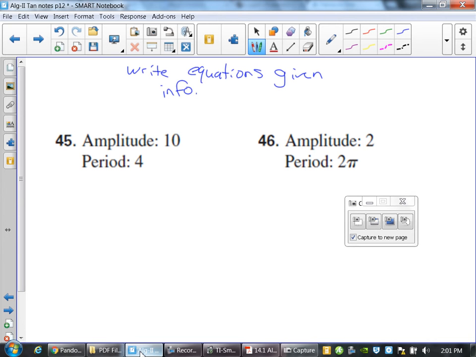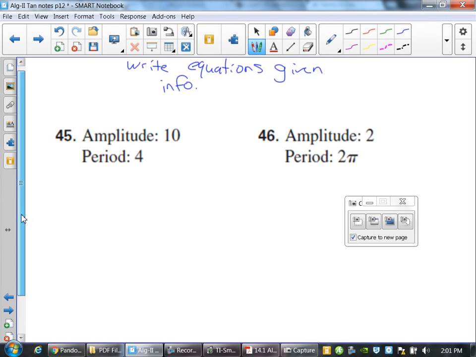So when you're looking at some of this stuff, as we build these things out, I need to know whether I'm going to be a sine or a cosine or a tangent graph when I'm just given information like this. So if I'm looking at an amplitude of 10, a period of 4, I don't know if it's a sine or cosine, or actually, I know it's not a tangent because the tangent doesn't have a technical amplitude. So I know it's going to be a sine or a cosine, and I need to know which it is. So if I give you this, I would tell you